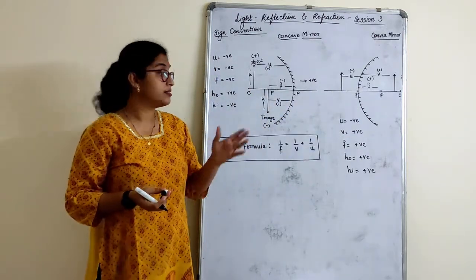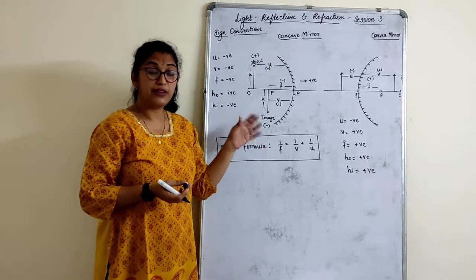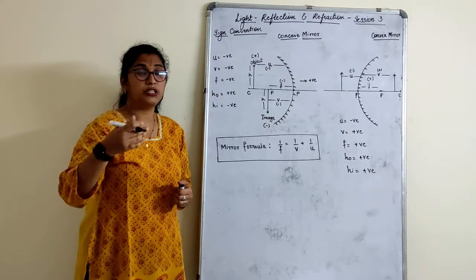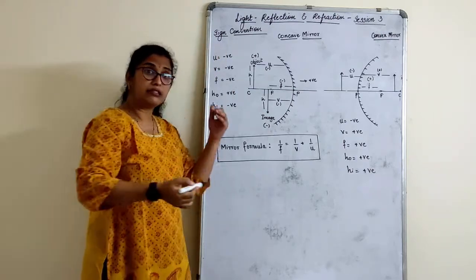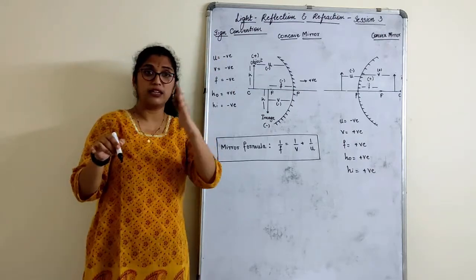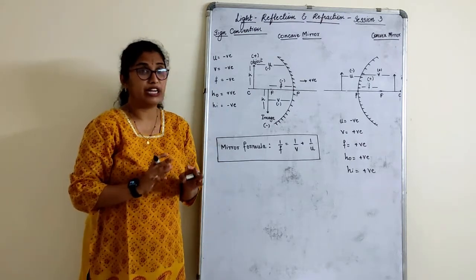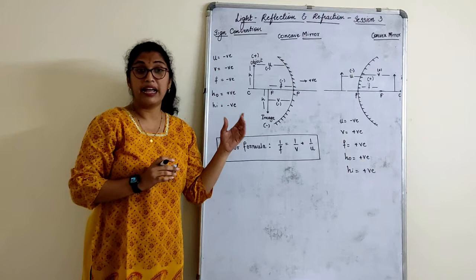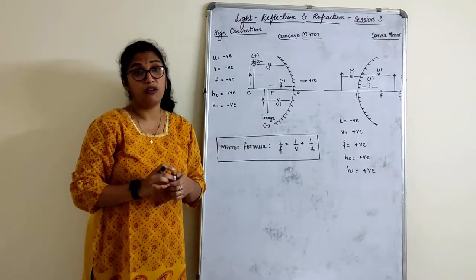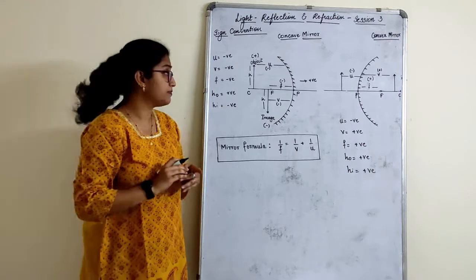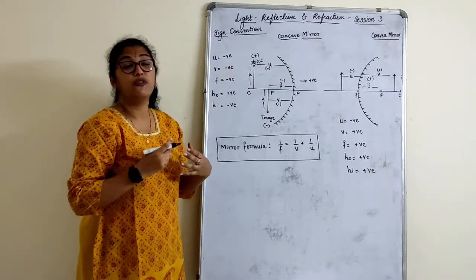How to remember this sign convention? This is very, very important. See, very simple. You can just imagine. Concave looks like a cave. So it is a circular form. It is all coming this side. Just draw this. See, children, don't watch it like a video. You need to draw this. And when you are doing this in your book, please do not do it with a rough hand or freehand drawing. Try to draw this very neatly.